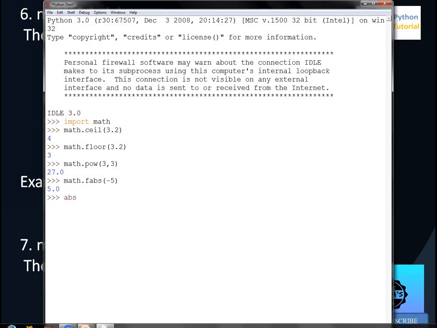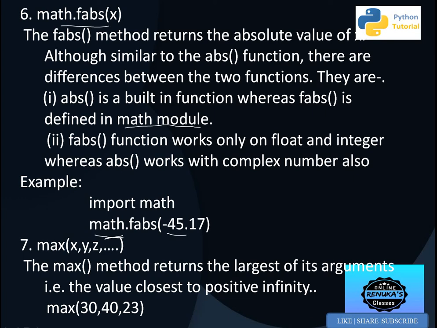But if we say abs(-5) without using math, it is giving the positive value. Then max, also without using the math module, you can find the largest number, that is 7. Similarly for min, give any random values and you can find the minimum number, that is 2. So abs, max, min are built-in functions of Python, and no need to mention the math module in front of them.